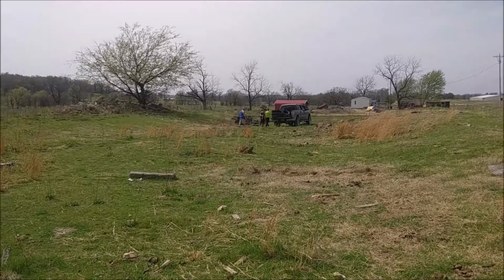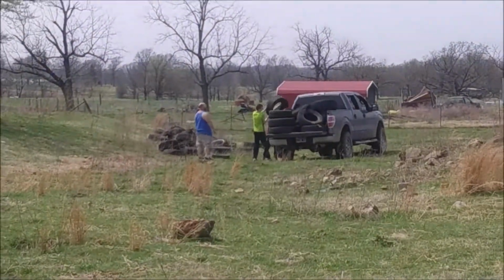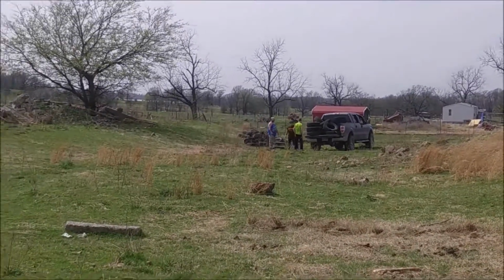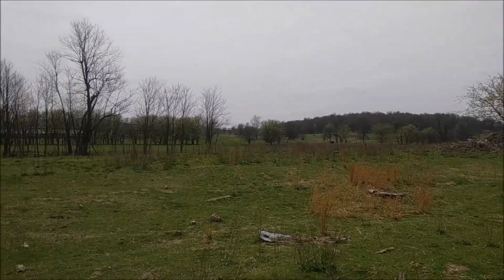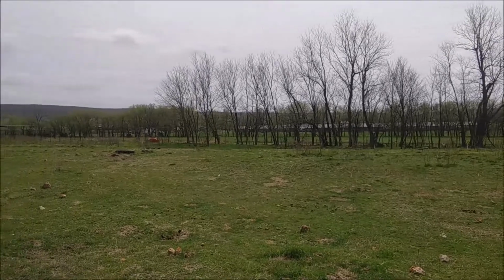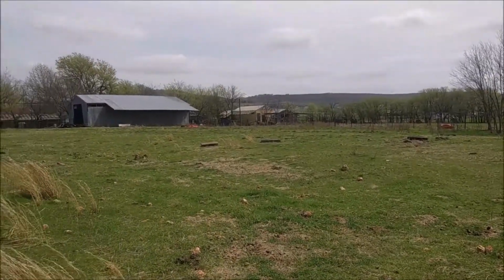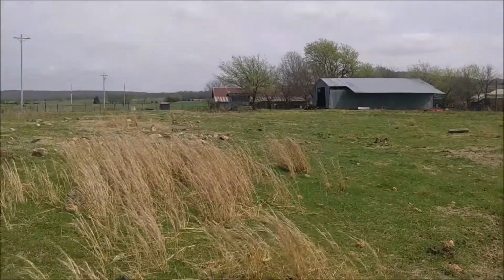And then this afternoon, my husband and the big boys spent a couple of hours cleaning out some piles of old tires in our back pasture. This pasture is a mess. There were some old chicken barns out there that were partially removed when we moved to the property, and we finished taking down the chicken houses, but there's just a lot of debris in that pasture, lots of rocks and